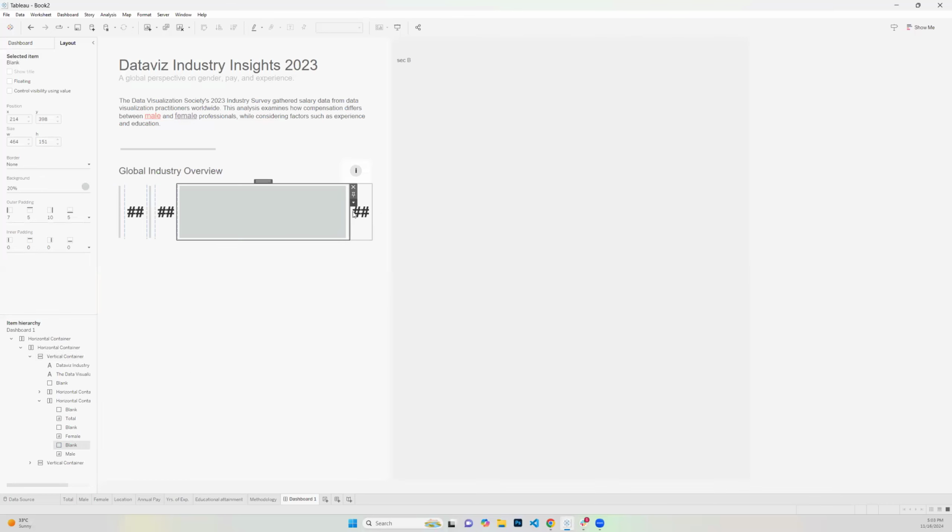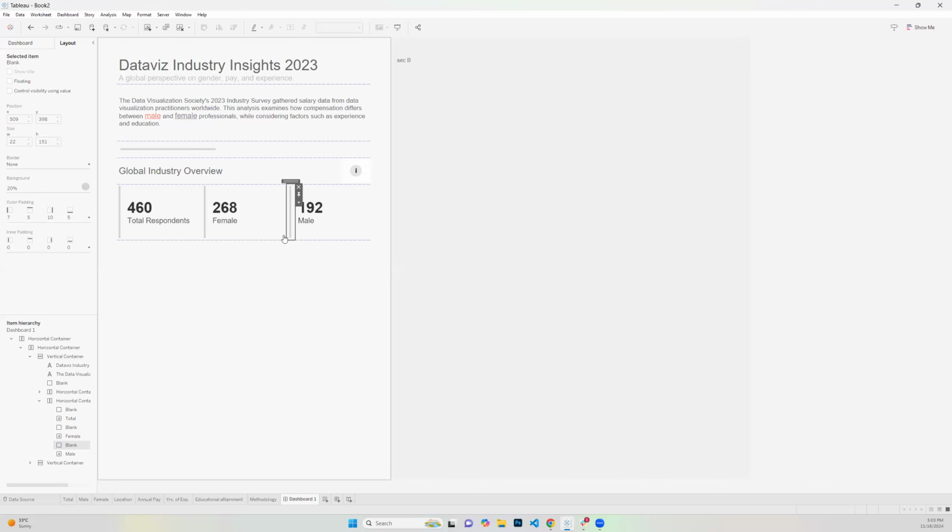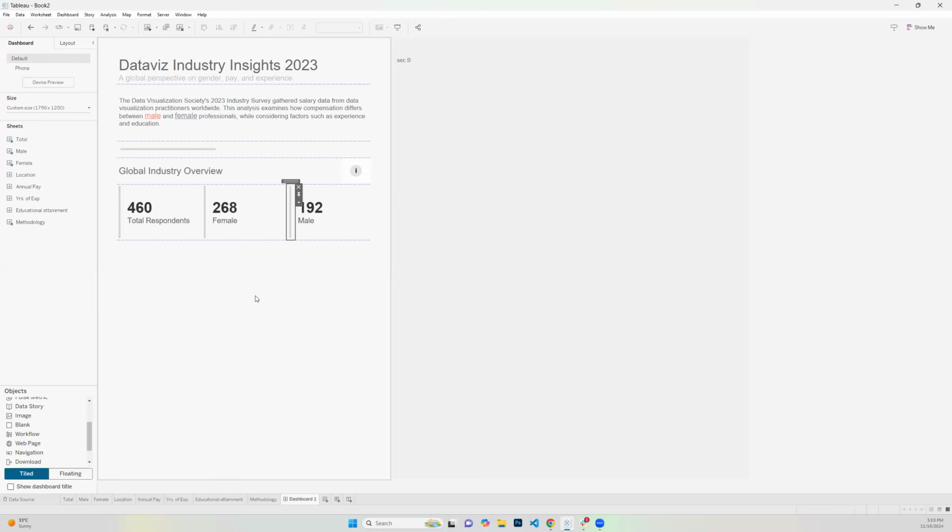So change this to 22, and we will have the statistics overview. So the next thing that we like to do is, after this, I would like to bring,